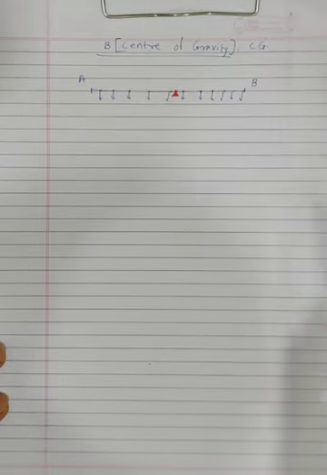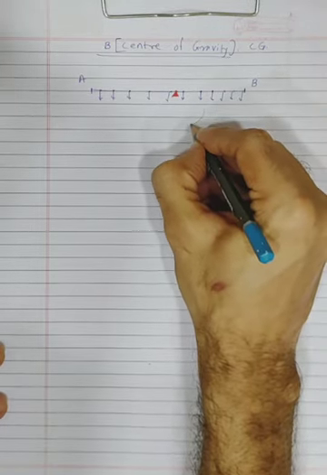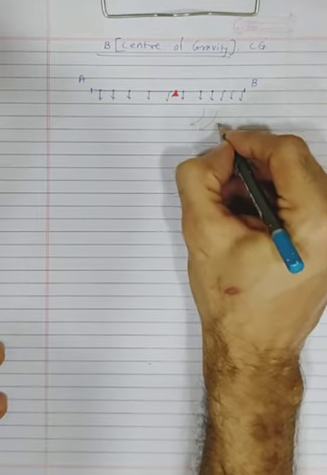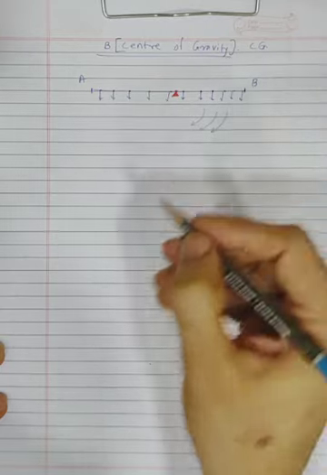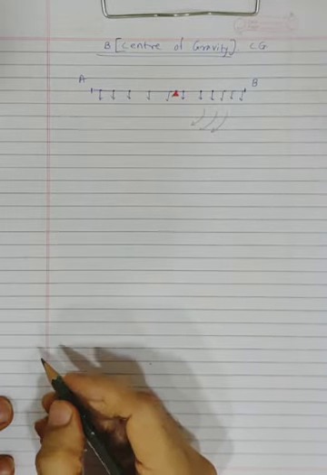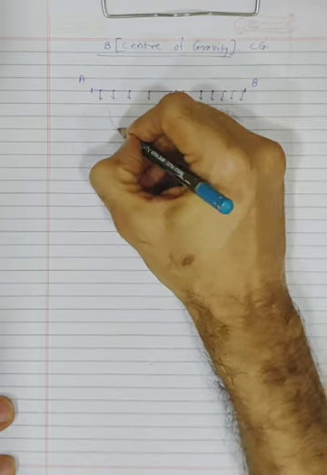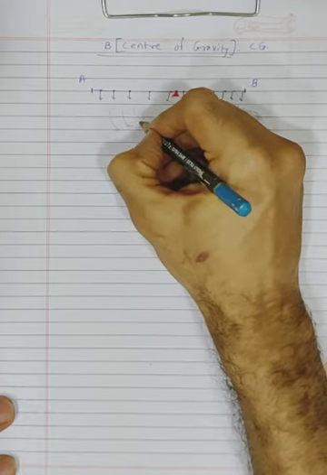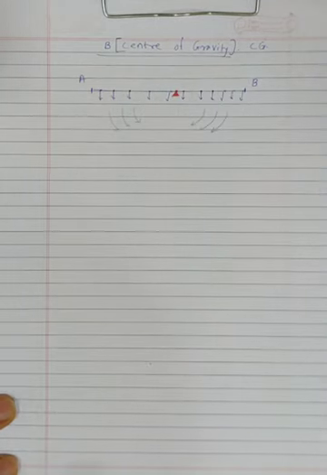Because if you notice, every particle will create a moment. What moment will it create? Clockwise. Every particle from here will also create a moment. What moment will it create? Anti-clockwise. But there is one point about which both the moments are getting balanced. And that point where both the moments are balanced is called the center of gravity.